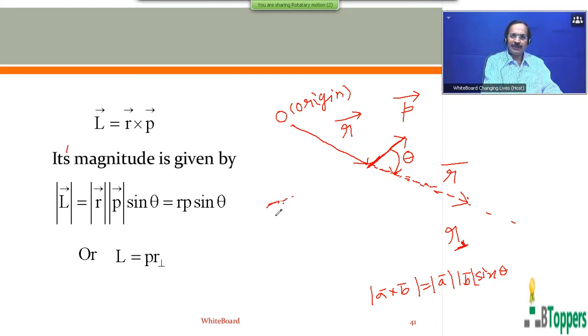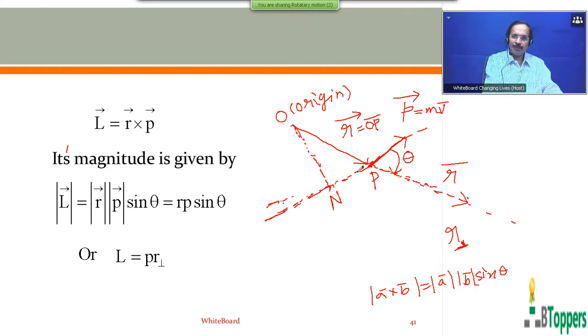That represents the perpendicular distance between the direction of the motion of the particle, that means the direction of the linear momentum vector P bar, and the origin O. You can draw a perpendicular from the origin O to the direction of the motion of the particle. Let capital P denote the instantaneous position of the particle, and r bar is the position vector of the particle at that instant, and small p bar represents the linear momentum vector of the particle.